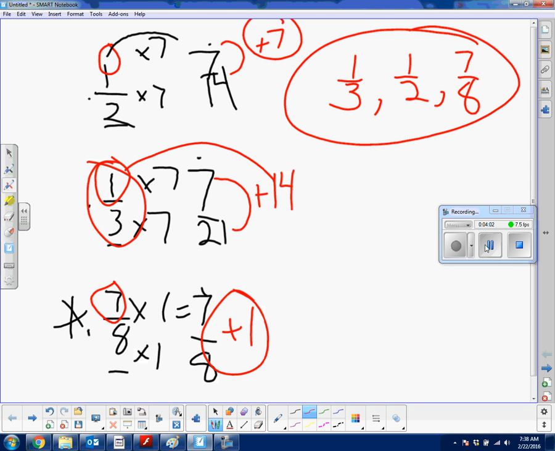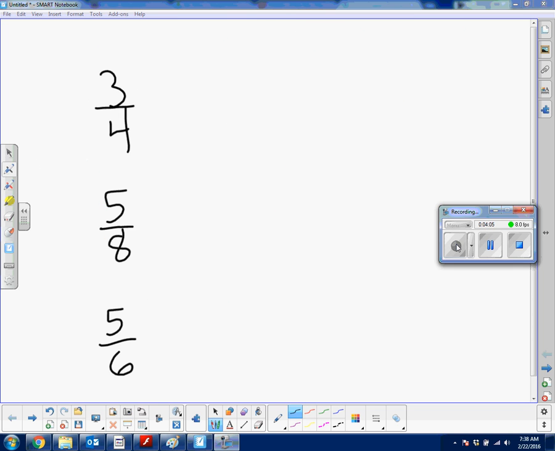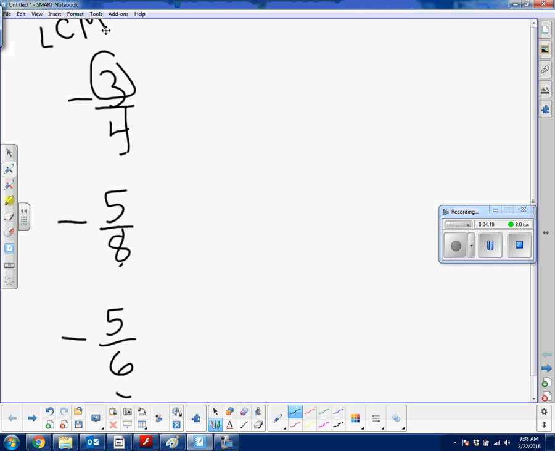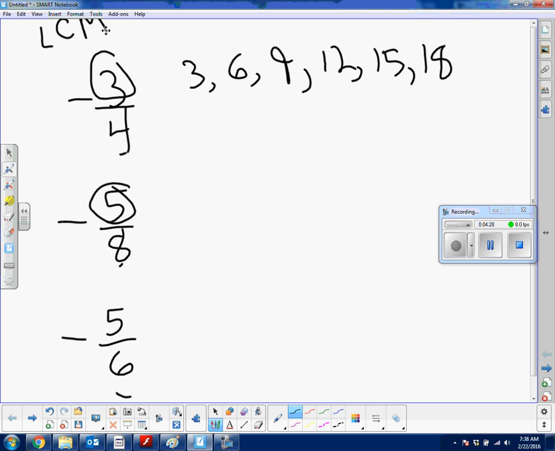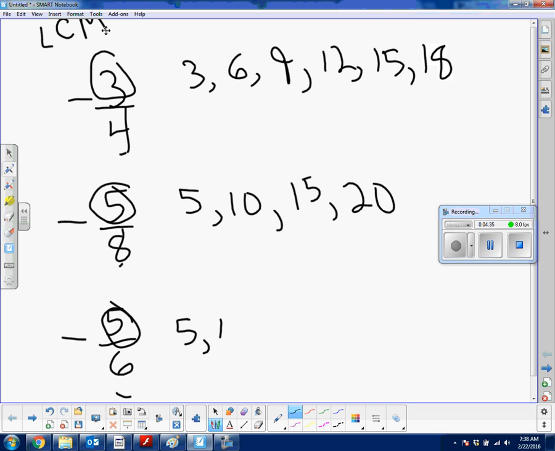Alright, I'm going to go ahead and show you one more. Here we have 3/4, 5/8, and 5/6. Just like before, we notice that our denominators are different, so we've got to find the least common multiple. So let's get started. Right now, I'm looking at my numerators. I have 3, 6, 9, 12, 15, 18. We're just counting by 3s. On these, we have to count by 5s. 5, 10, 15, 20, 5, 10,